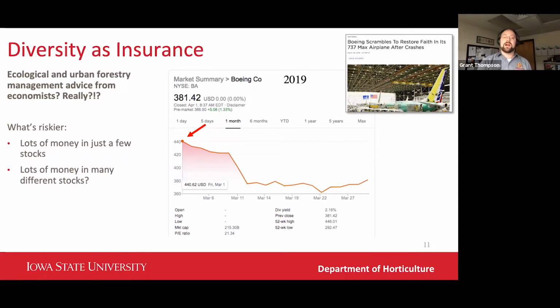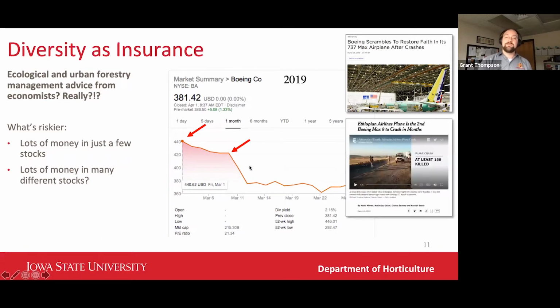You can see their stock price drops a little bit after that. And shortly after, there's another incident which resulted in this extreme decline. And that would, of course, be the second crash of the 737 MAX. So when we find ourselves in an eggs-all-in-one-basket or a few-baskets scenario, we can experience